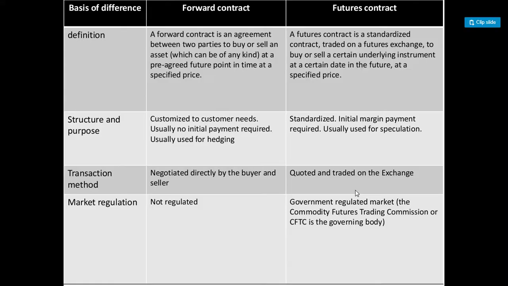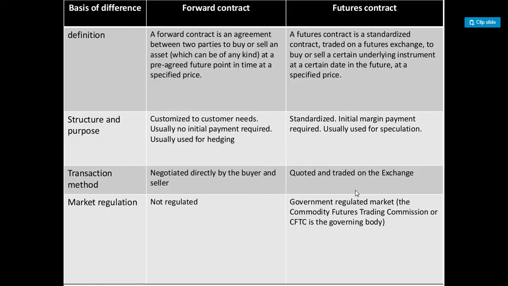A buyer and seller will not be directly contacted. A third party will act as a representative on behalf of both the parties, and they will be doing the work. So they will be traded and quoted on exchanges. As I said, the clearing corporation will be there. They will not be directly contracted, but they will be representing each other.